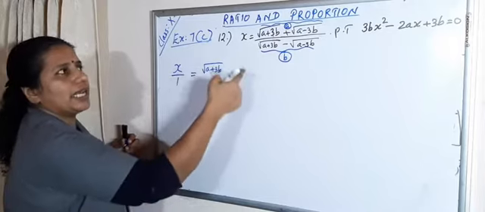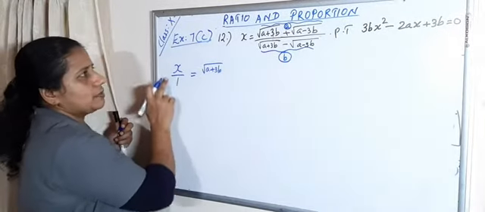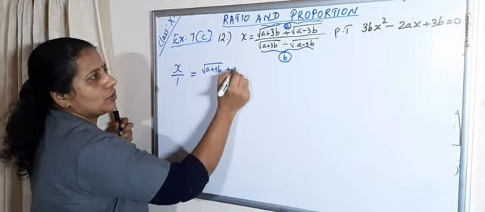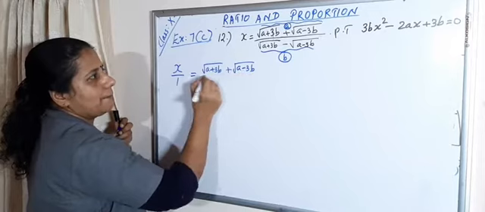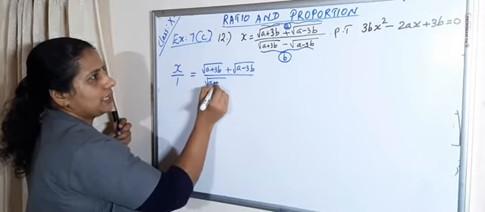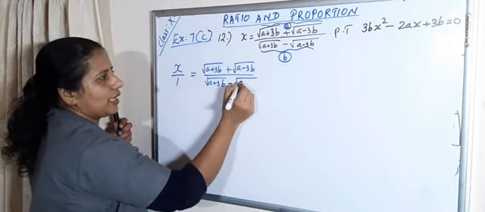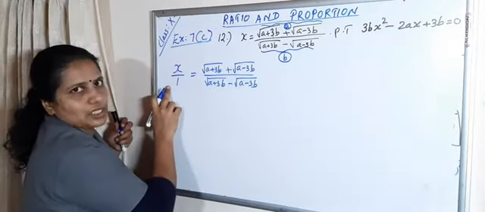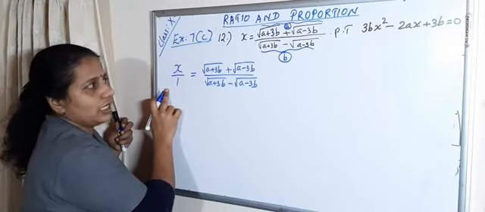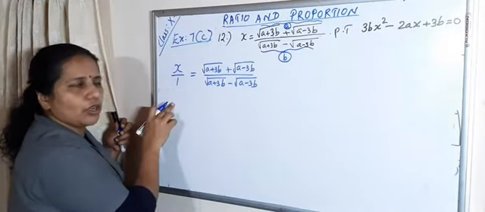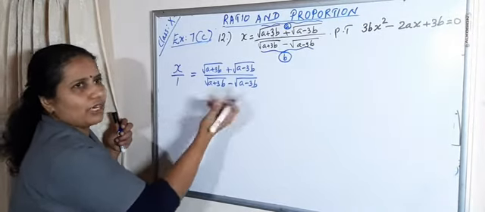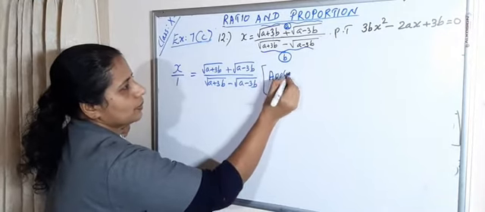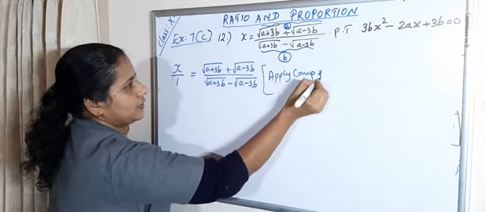So again applying complementary dividend. So x by 1 is equal to root of a plus 3b plus root of a minus 3b by root of a plus 3b minus root of a minus 3b. It is already in a complementary dividend form, but it is not there in the LHS side. So when we again apply complementary dividend, you can remove one of the terms from here. Okay. So apply complementary and dividend.